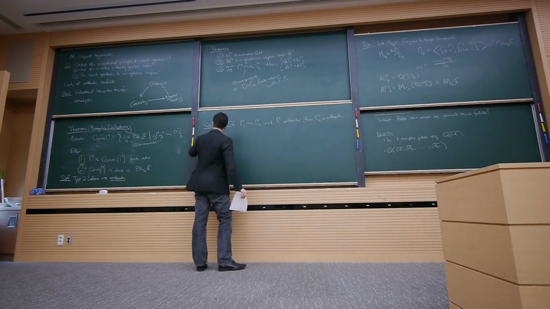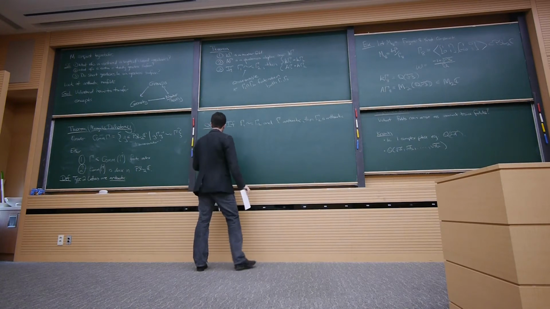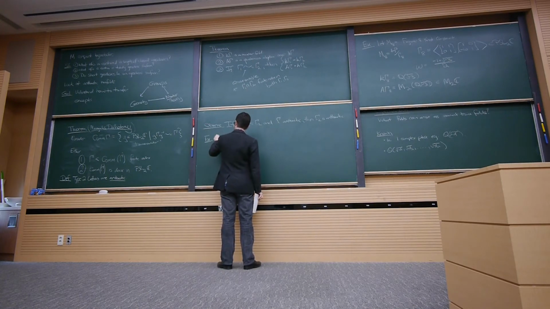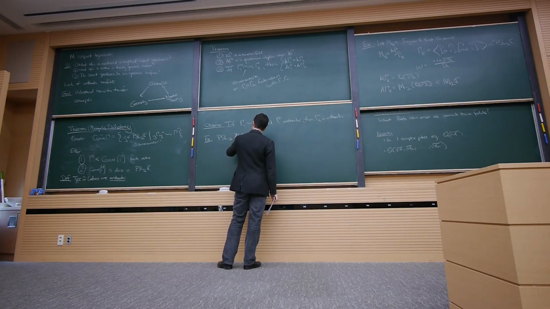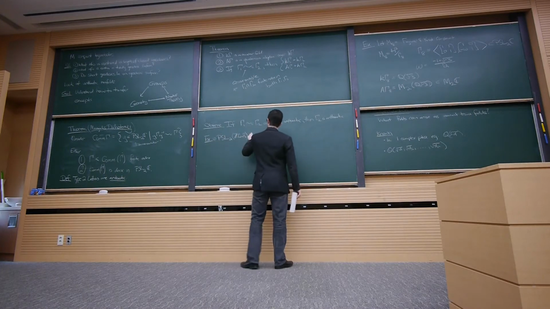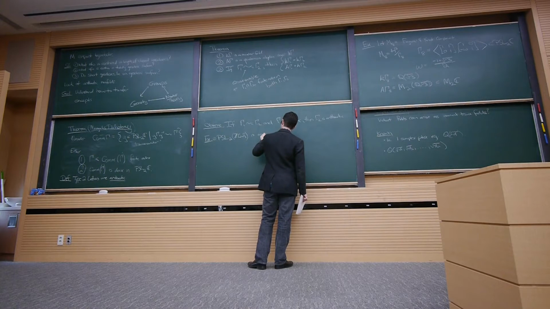So, for example, PSL2 of Z adjoin omega is arithmetic,